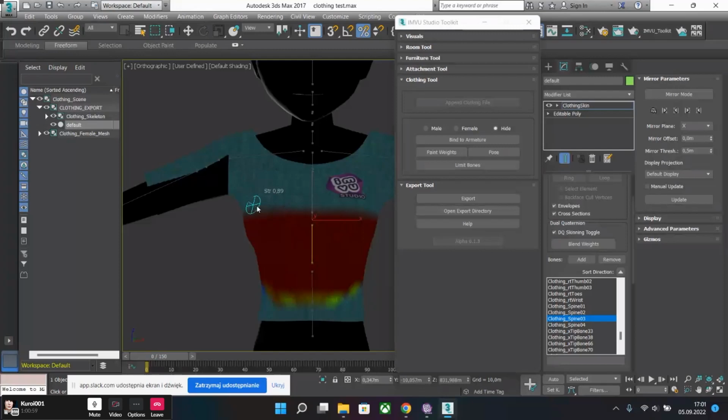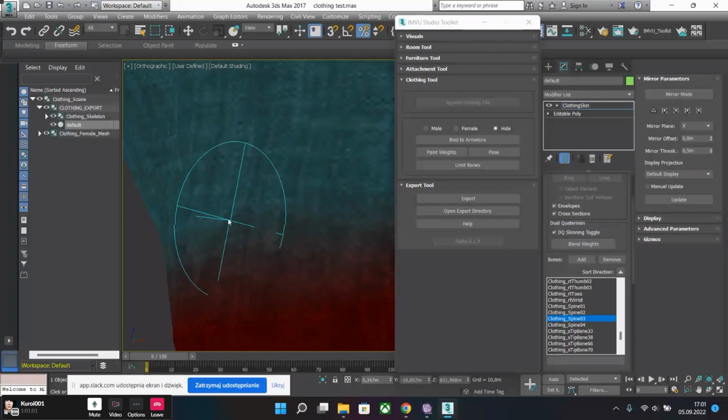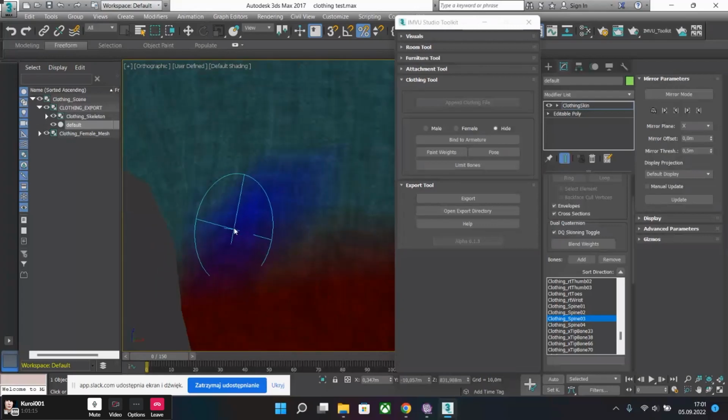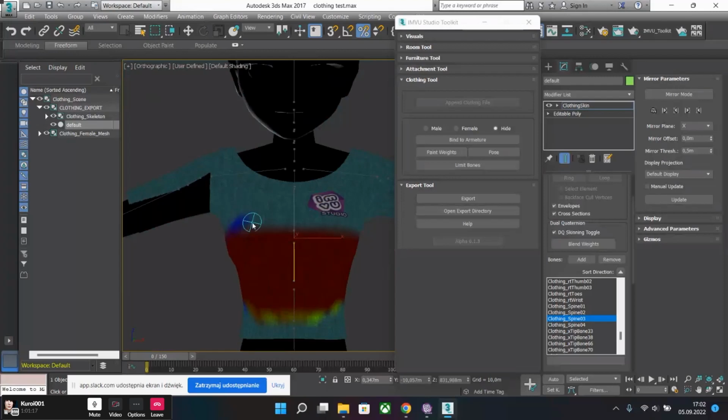As you can see, this small line that is in the middle of the circle increases or decreases the strength. And then you just paint this one. And to erase weighting, you just press Shift and move the mouse button, and of course